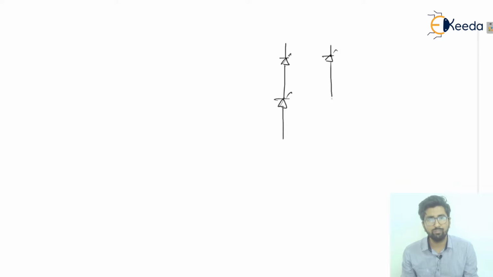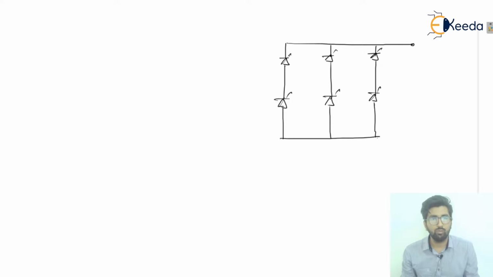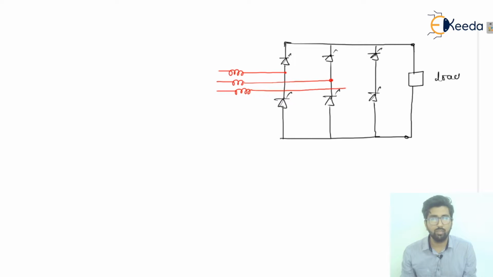Okay guys, so now these are the 6 thyristors which are connected in this fashion, and we have already discussed these. And from here we will have a load also. Here we will have one load which is connected here, that is a load, and now it will be connected to here. So if we talk about this, then I can clearly mention that this is connected to here, this is connected to this point, and this one is connected ultimately to your